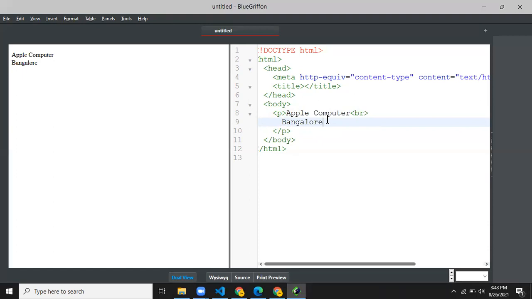Okay. Now, for example, let us say I'm going to use this Bengaluru. I want to have its font size increased, so I'm using the H1 tag. In this H1 tag, I'm placing this text. You can see it's going to give me a slightly bigger font. Understood what I'm telling? Are you able to understand what we are doing?